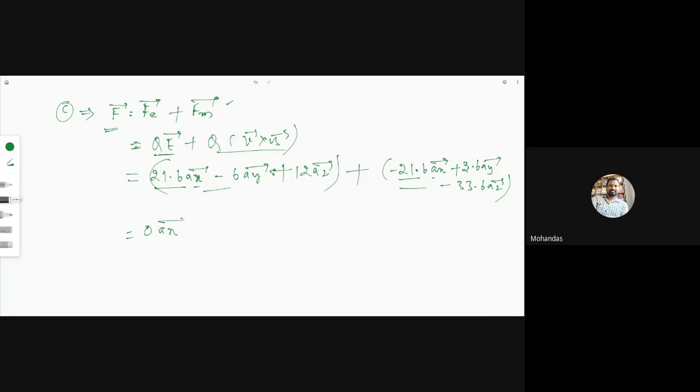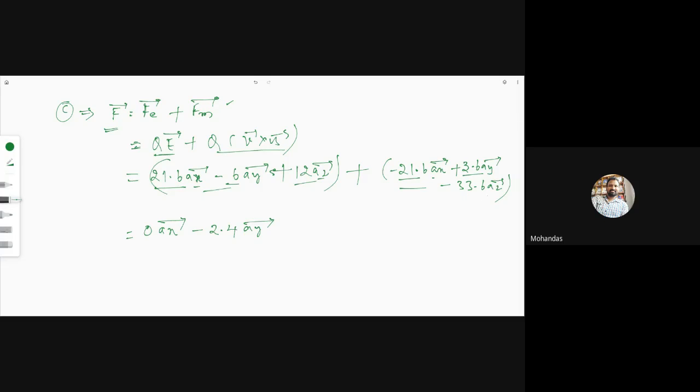What will be the resultant value? Minus 6 plus 3.6, so minus 2.4 AY. Next, the component of AZ is 12 and the component of this AZ is minus 33.6. If we subtract, you will get